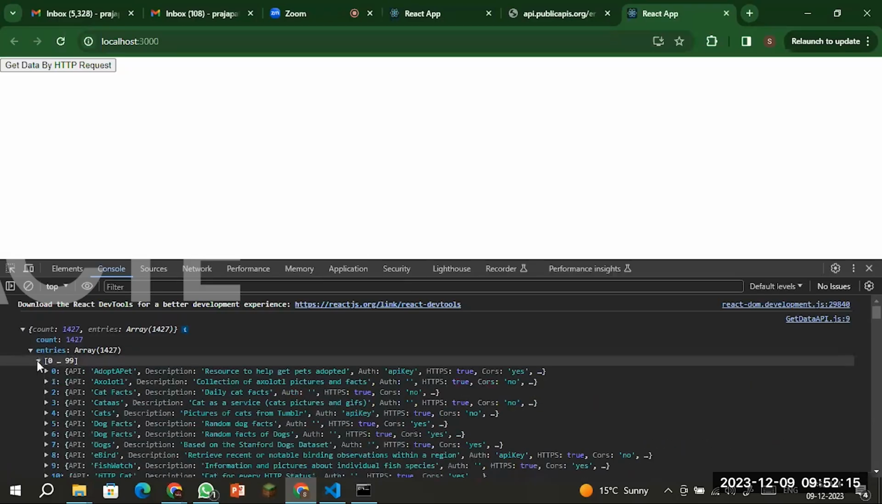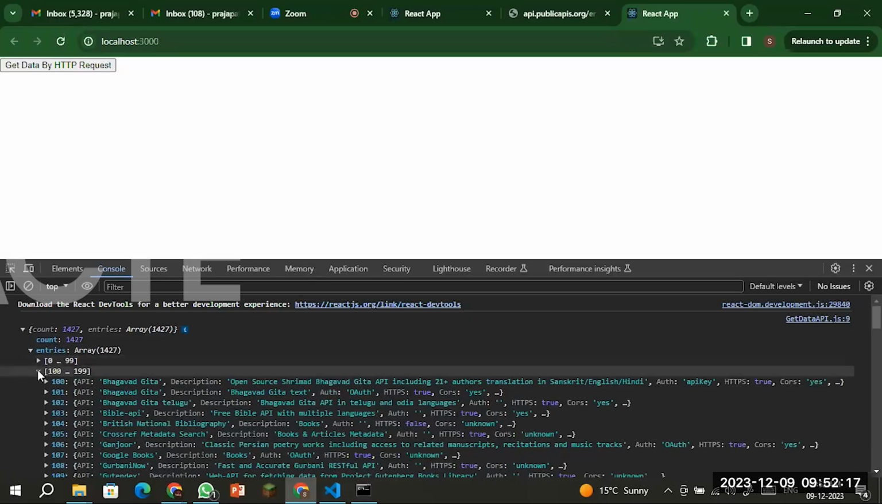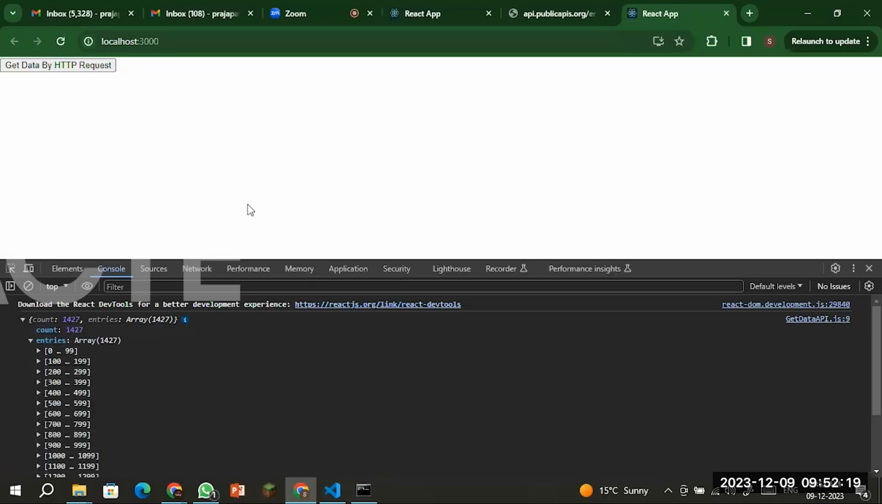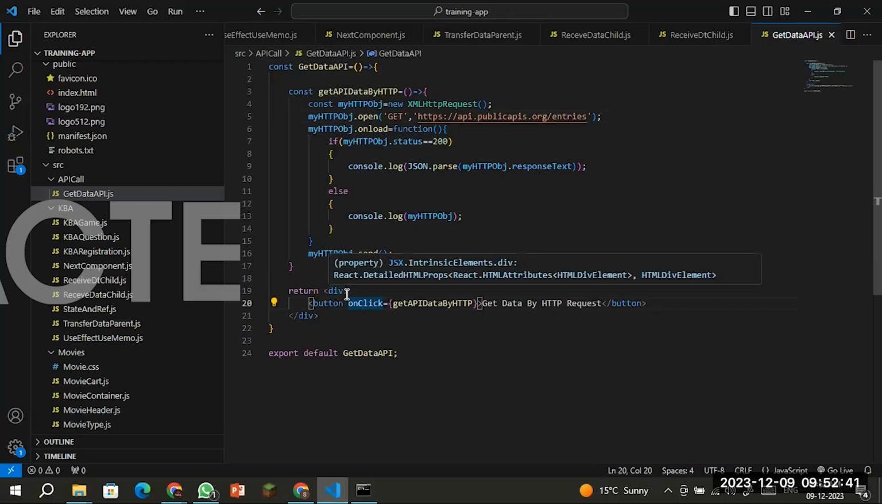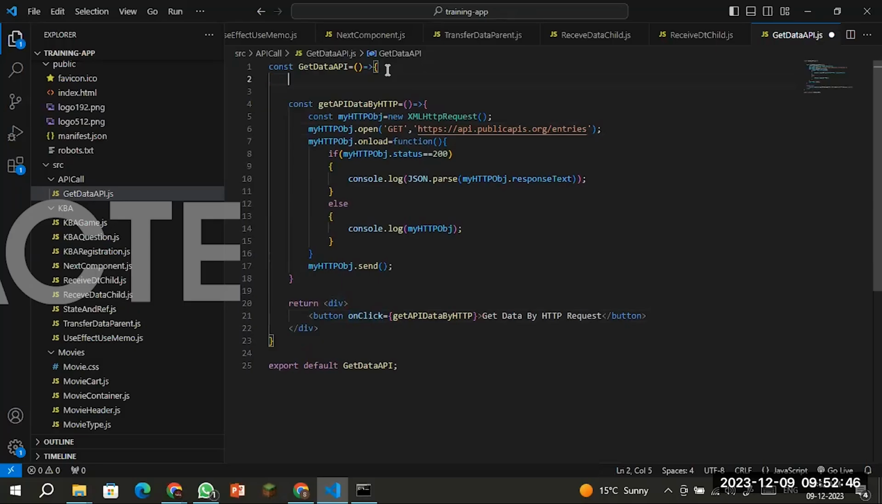Fine. So we are getting the data using the API call. Now we need to preserve this data in our local variables so that we can use it inside. I want to display the content of the data on the form. Then how can you do that? So here